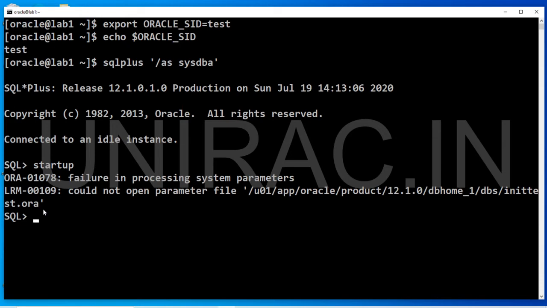It's trying to find the parameter file init test.ora. Why couldn't it open this file? Does the file exist? Where is it located? What is the reason behind it? We'll see now.